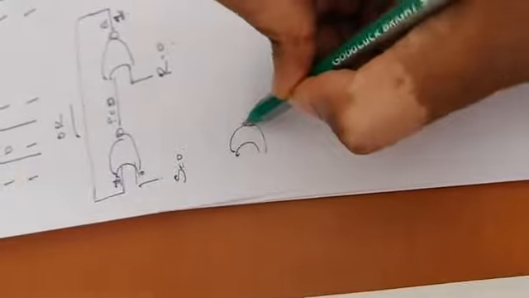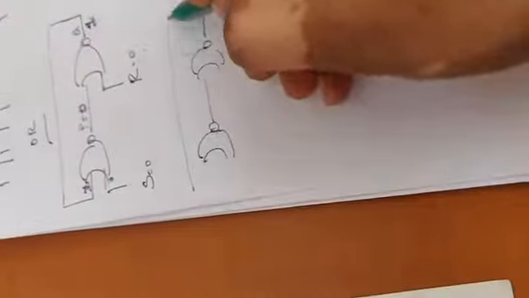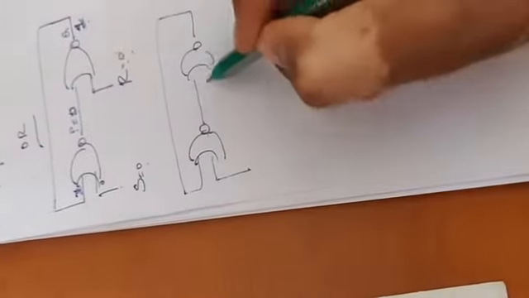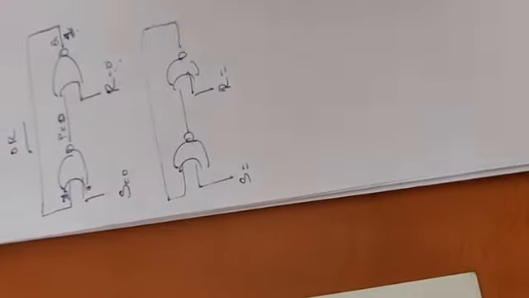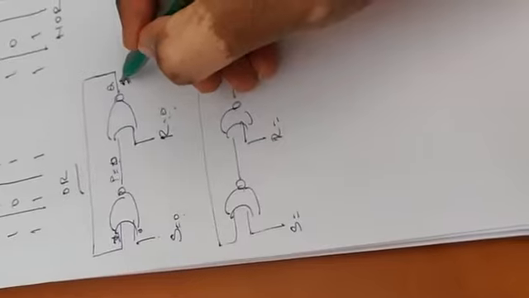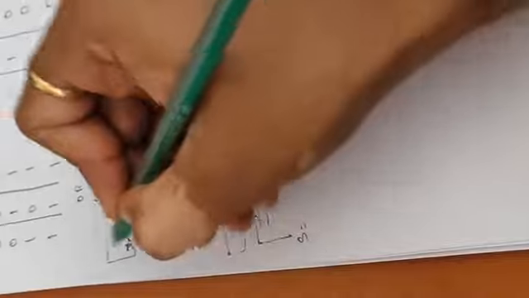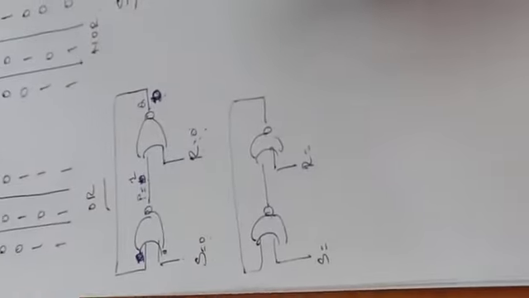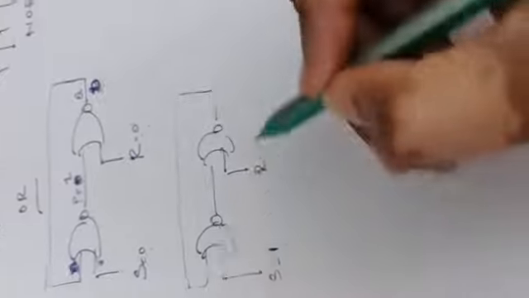Okay, so let me take the next circuit. The previous step was left. I assume the first transaction I will take this as 0 itself, this as 1. In the first transaction, previous state Q is equal to 0, right? So now I will consider S is equal to 0, R is equal to 0. Now I will take S is equal to 1, R is equal to 0. So the second, S is equal to 1, R is equal to 0.